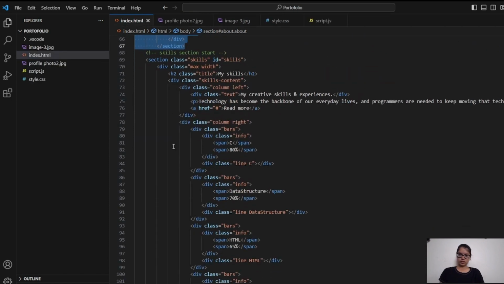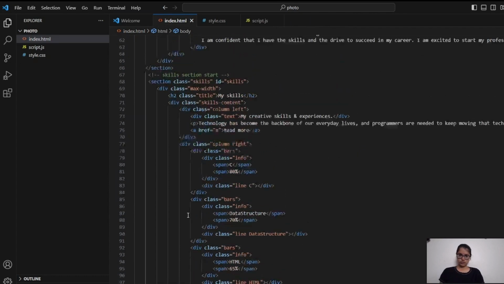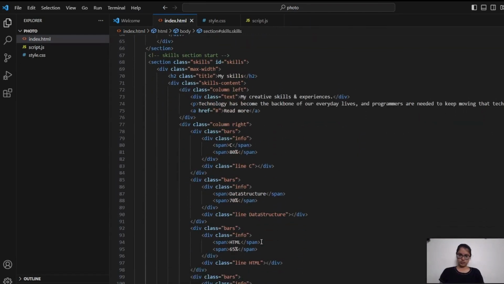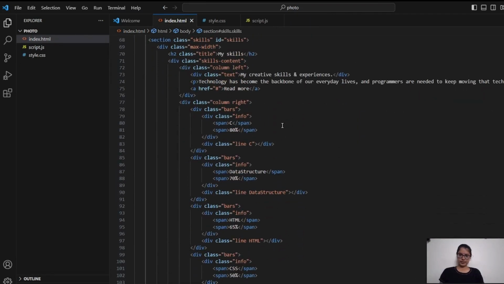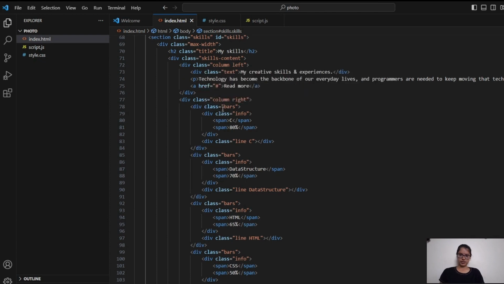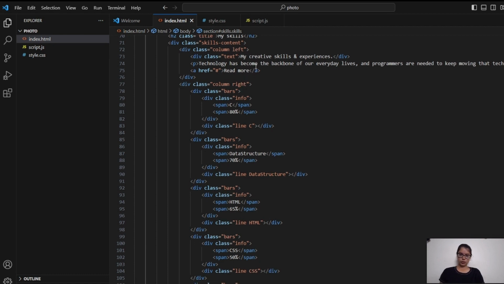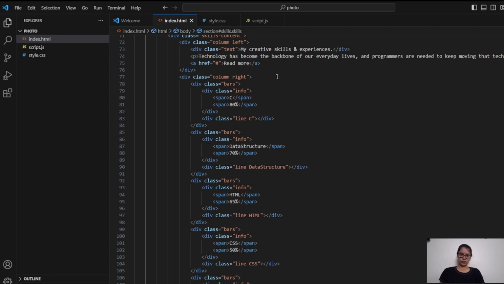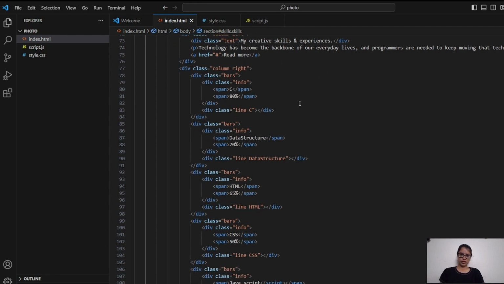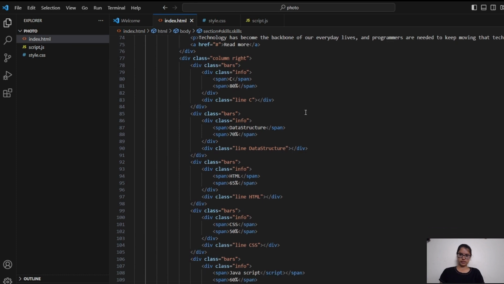Next, coming to the skills section. So these are the skills that I know. Here also I have created a division class, and here I have given some information about my skills and experience. And in this line I have added a read more option, so when we click on that, the page will take us to more details about these